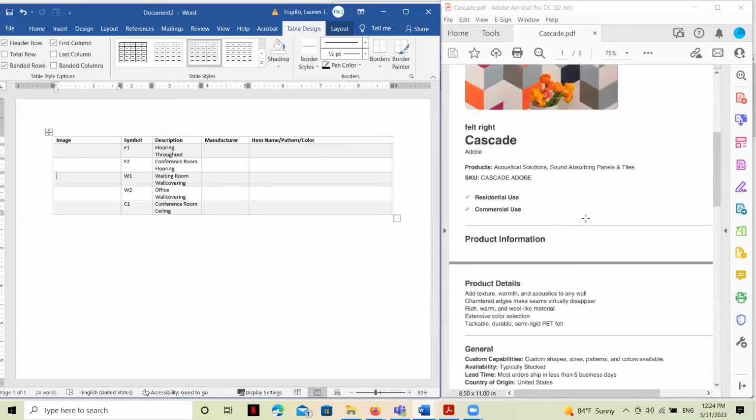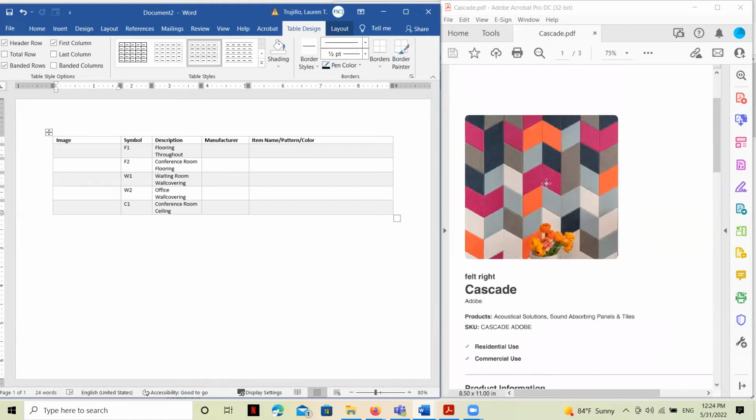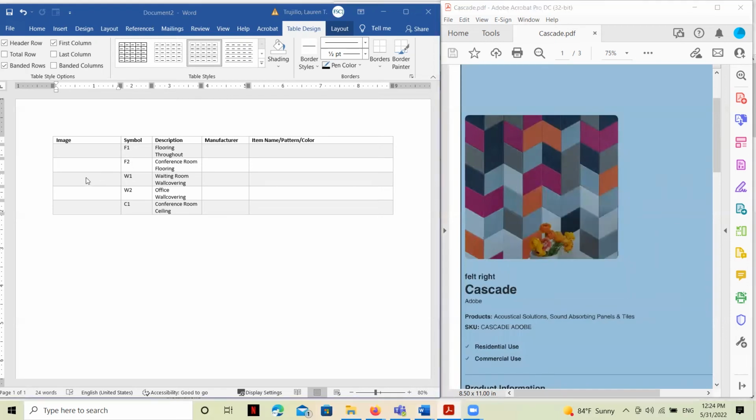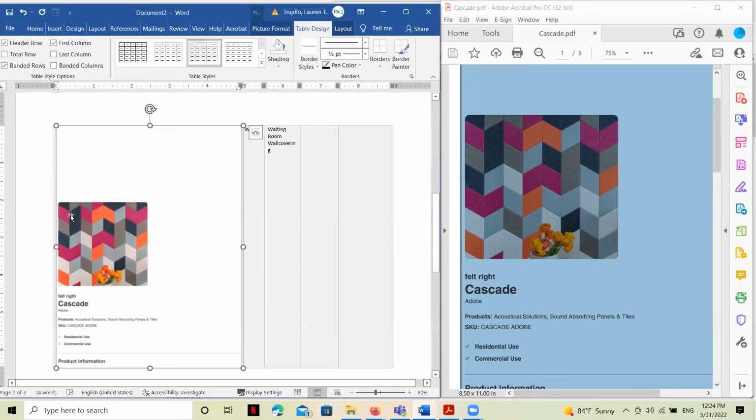What I need to do now is refer back to my cut sheet. The cut sheet that I looked up in a previous video was for this wall covering that's going to go in my waiting room. You can see that I have some information here beginning with the picture. I'm trying to consolidate the information on these cut sheets into a single document so that all the information about all the finishes on this project is together. I'm going to go a little bit out of order here and begin by copying this image and putting it in the cell. So Control V here, and paste that image in there.